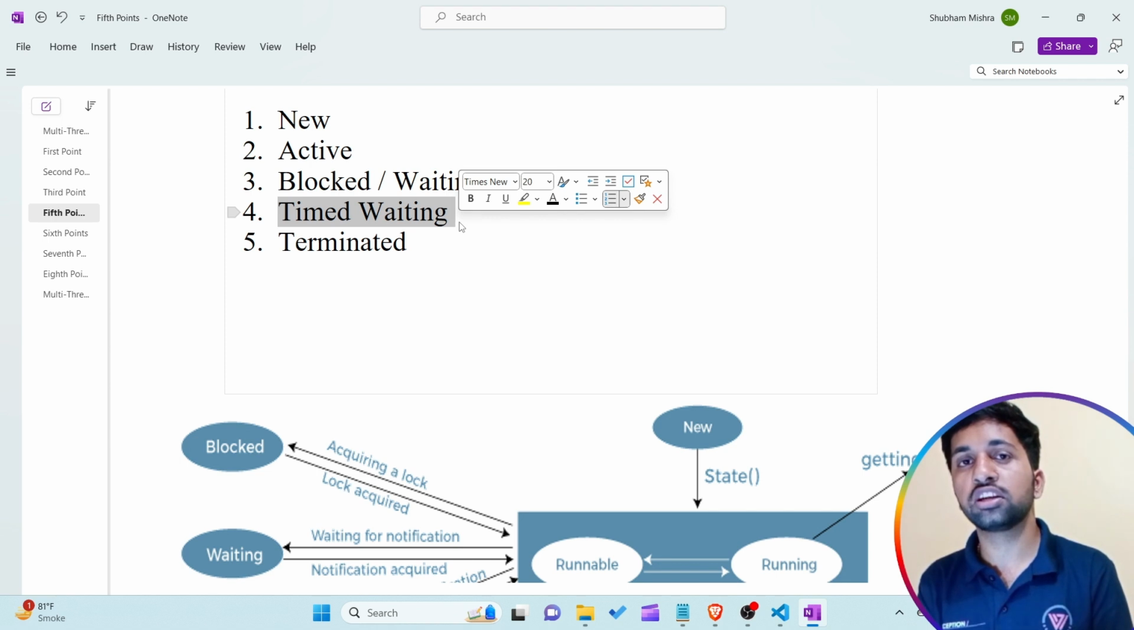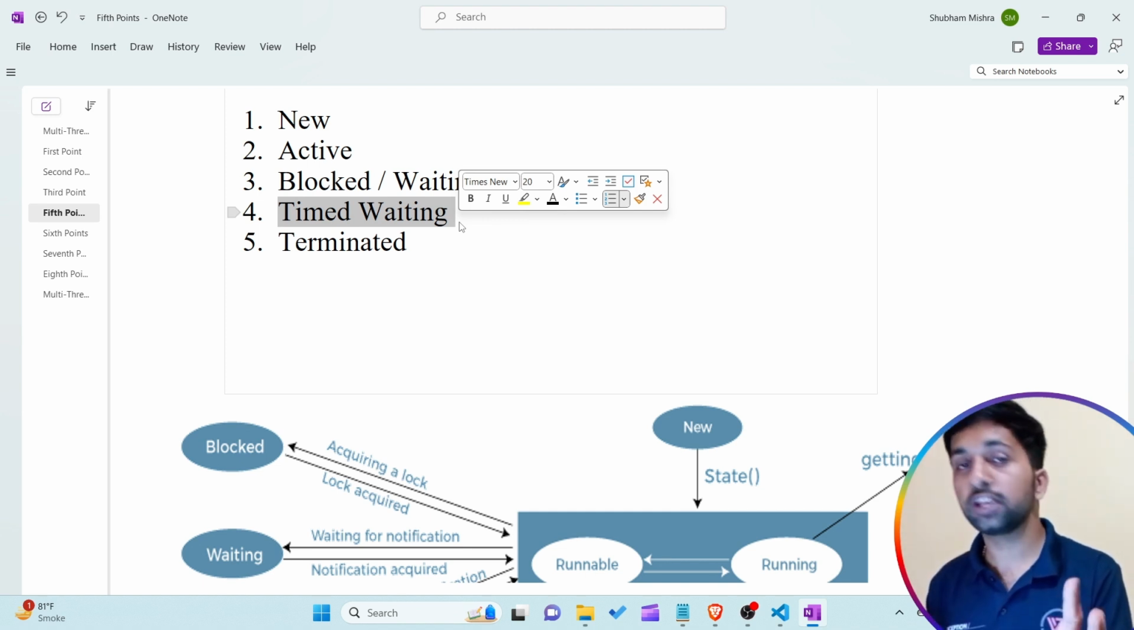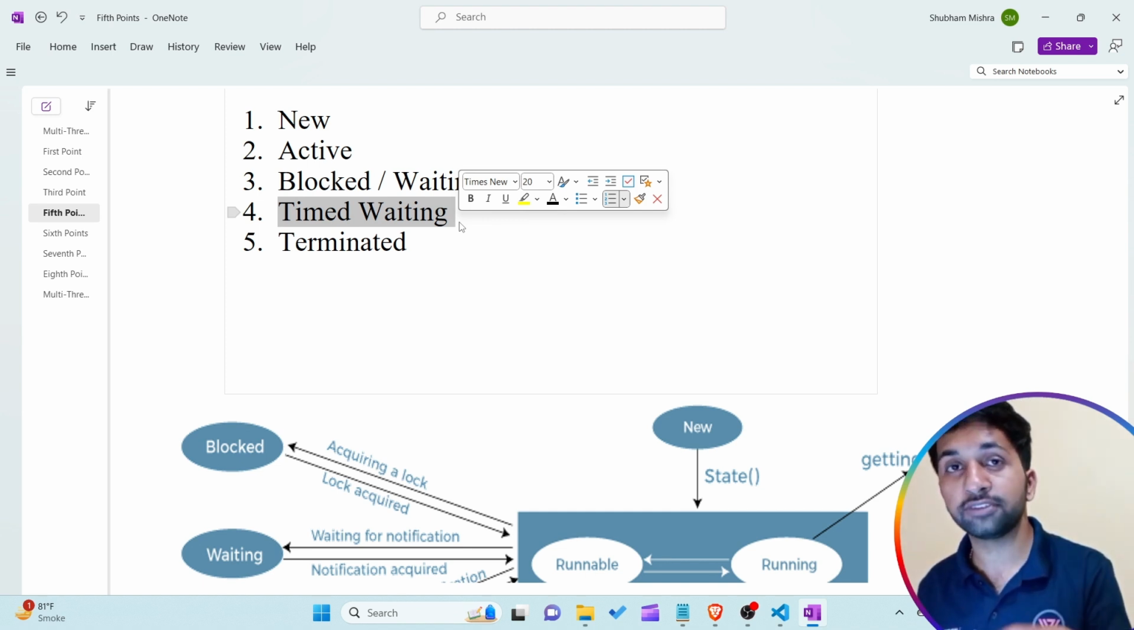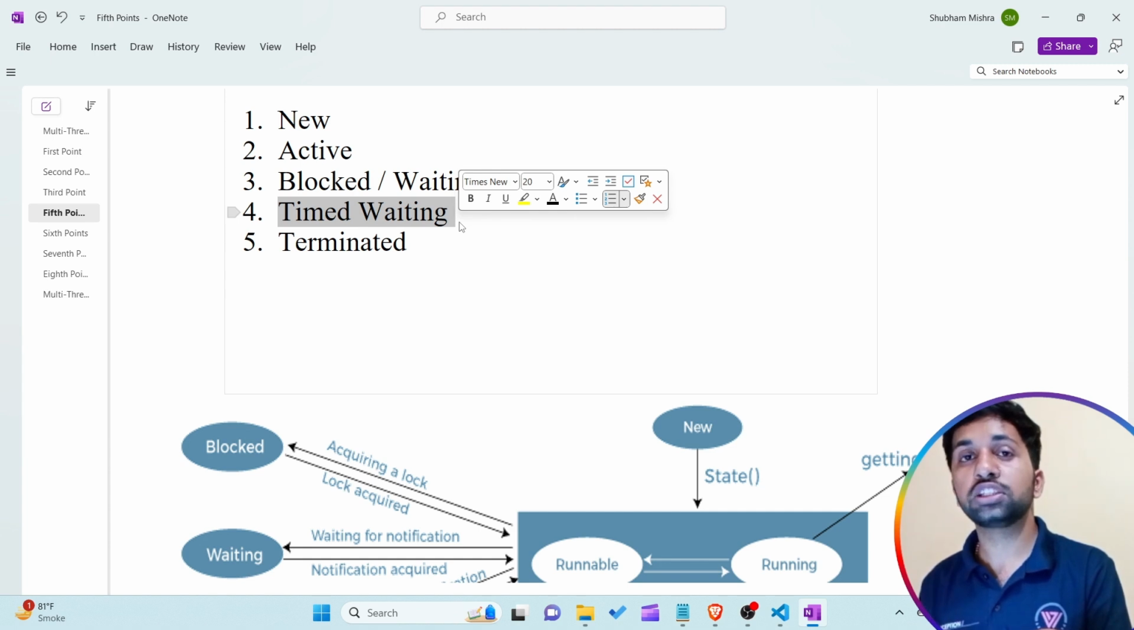Sleep is a method to which I pass some amount of time, let's assume 2 seconds, 3 seconds, or 5 seconds. Only for that time is thread T2 waiting. If in that time thread T1 completes its task, then thread T2 is going to use the resource. If thread T1 is not completed, that is, if thread T1 cannot leave the critical section it entered within the amount of time